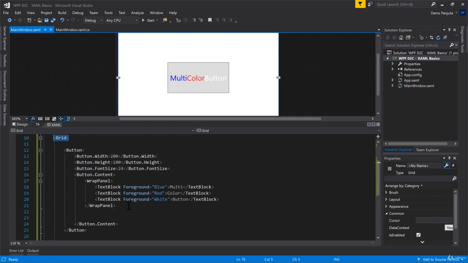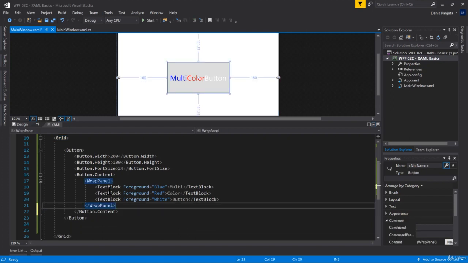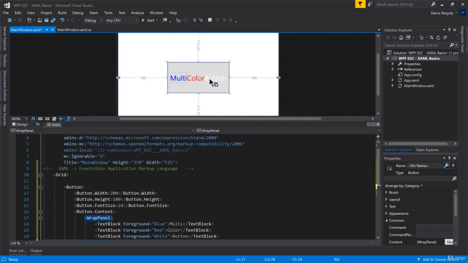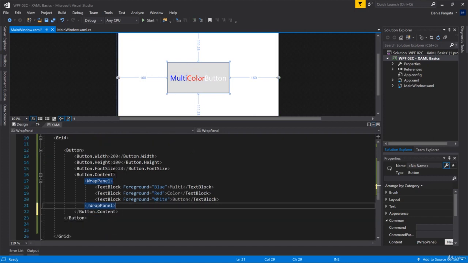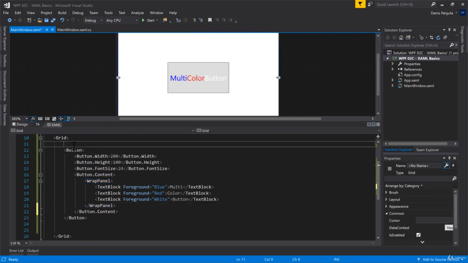But that's something that we'll cover later on. For now, it's just important for you to understand that XAML allows you to do plenty of fancy stuff with your GUI without having to drag and drop, and also with full control over how things look and what they do. Now what I'm gonna do is I'm gonna comment that out,